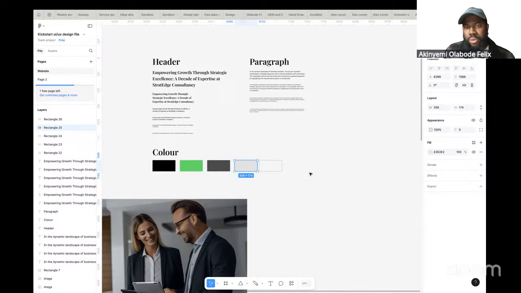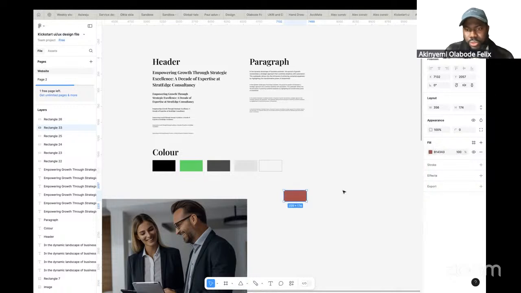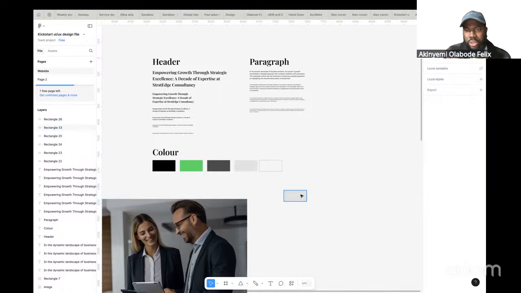When you click the fill, let me duplicate this. On fill, when you click fill, you can easily add your color, change your color, anything you want to do. And then the next one, we have stroke. When you click stroke, stroke means the border, the outline. When you click stroke,